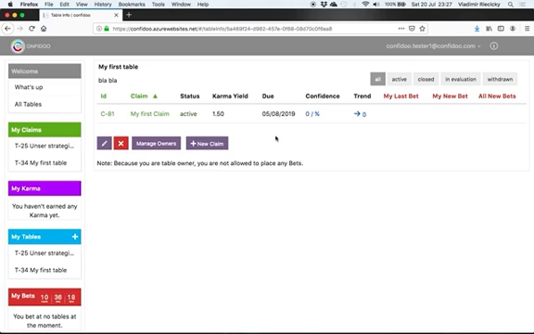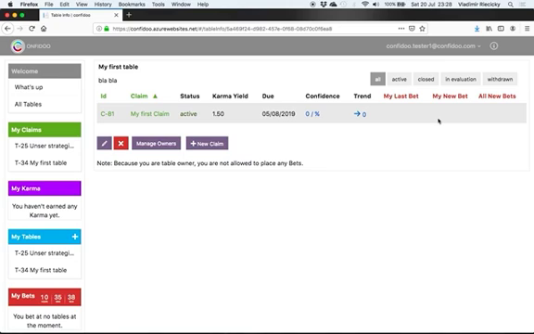And what does it tell us? First of all, reading the note just behind here, you will learn that you are a table owner, and that's why you cannot place any bets on this claim. You see it also right here, you cannot do anything because, of course, since you control the whole table dynamics, you are not allowed to place any bets, because otherwise you could also cheat and earn your karma points